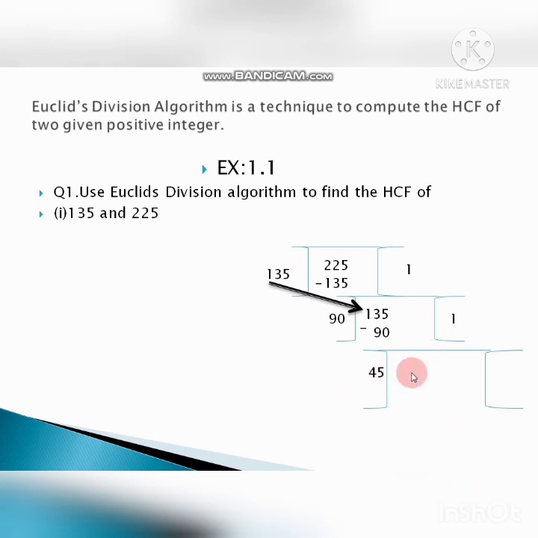So 45 is there. What will be the dividend over here now? I think you people know it better now. This 90 will come over here, yes, the divisor of the second step. So 45 2s are 90. 90 minus 90 is 0. Yes, at last we got the remainder 0 and we got our HCF also. Our HCF is 45, the divisor which gives us the remainder 0. ऐसा divisor जो हमें remainder 0 देता है, that is the HCF, highest common factor.